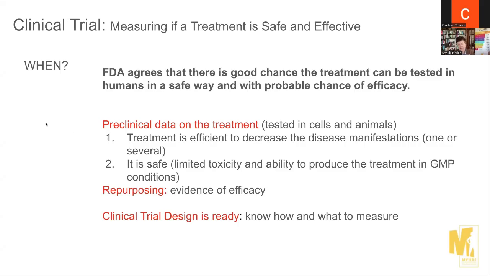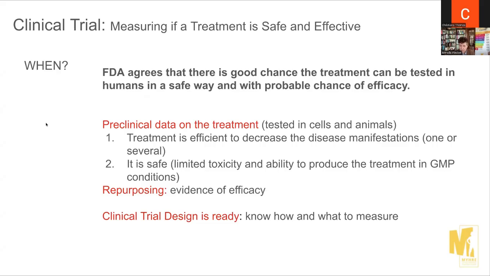So last month we talked about how to measure potential treatments before humans, in models that are based on cells, organs that we call organoids, and in vivo models. So when we have that first part that is tested outside of human, then if we have everything ready, we can go to humans. So what does it mean, everything ready? When can we start a clinical trial?